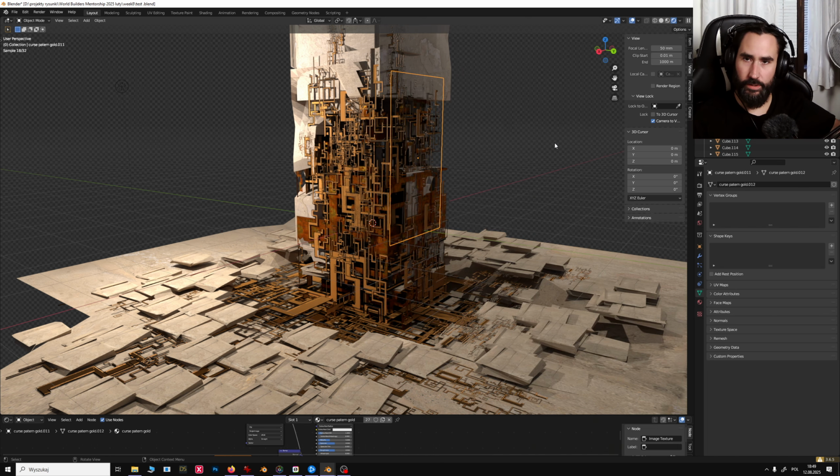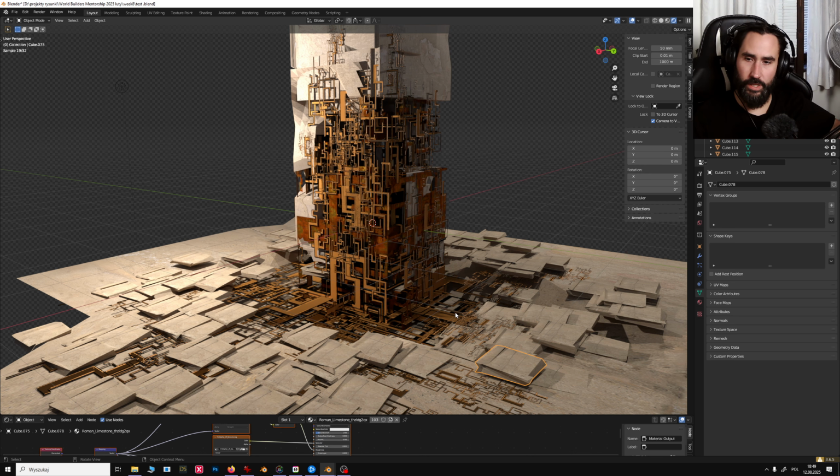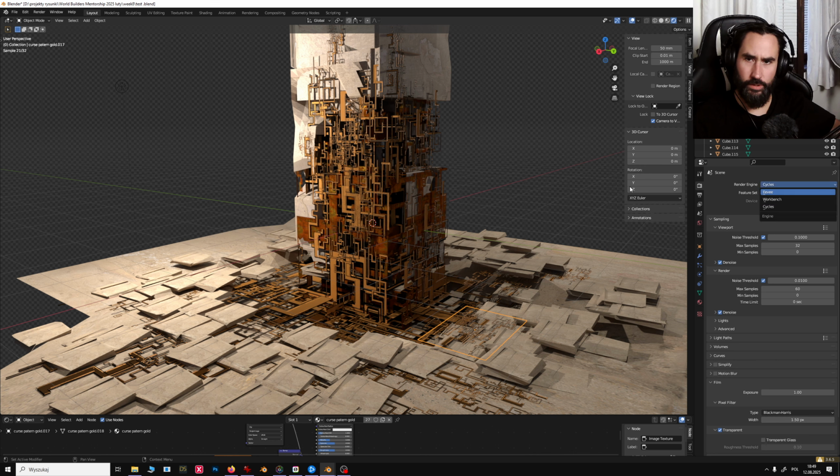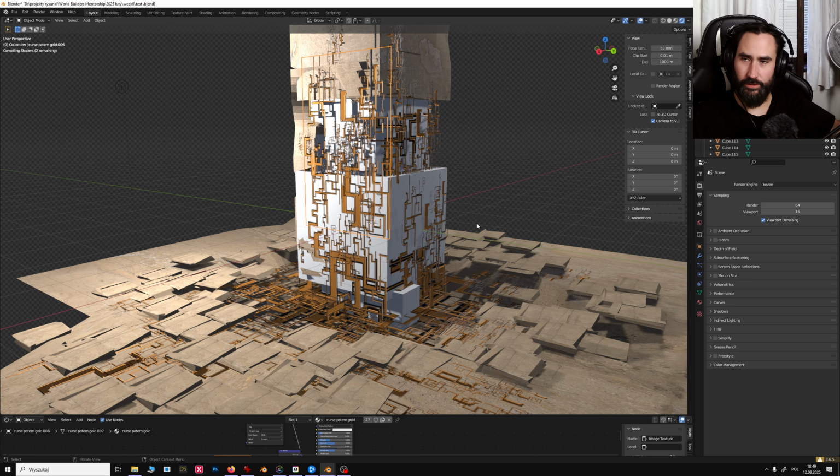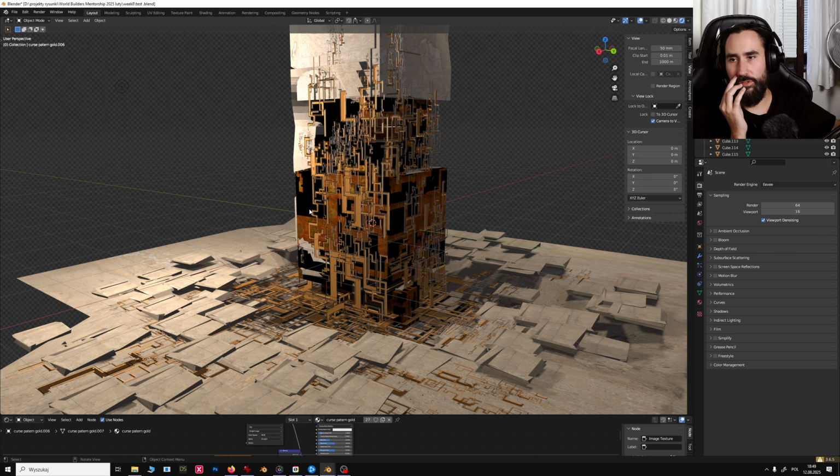So here is my final asset built in Blender. I will change the render engine from Cycles to Eevee because it will be faster on my computer. So let's change it. Okay, and here it is. But wait, the textures must load. Okay, so this asset, for example, is made